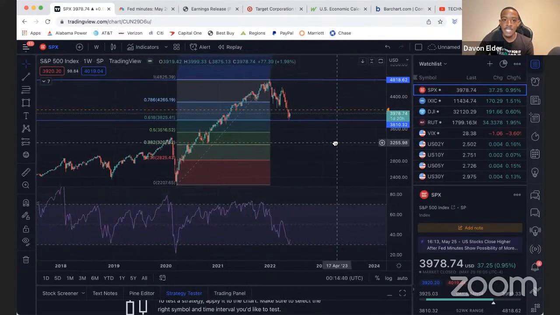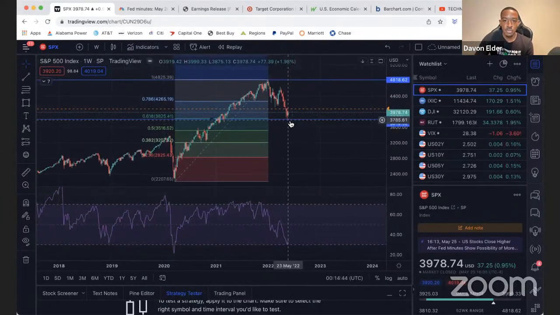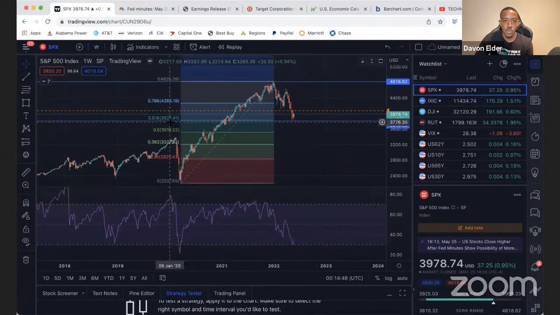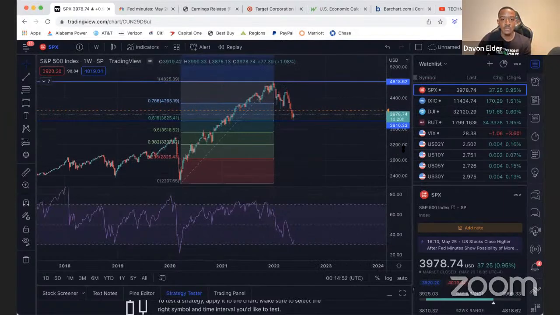And even if the bottom isn't in, this is a level where you want to buy, because we're at a 618 on the fib level. Two other levels that are good to buy at are also the 0.5, which I would just say is the 50% retracement level. So that would be